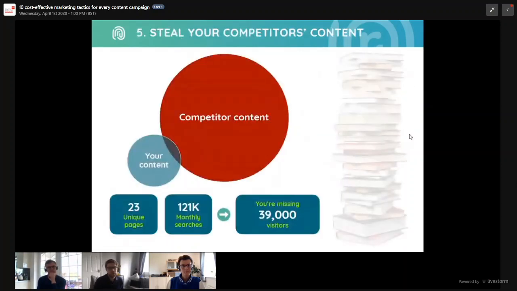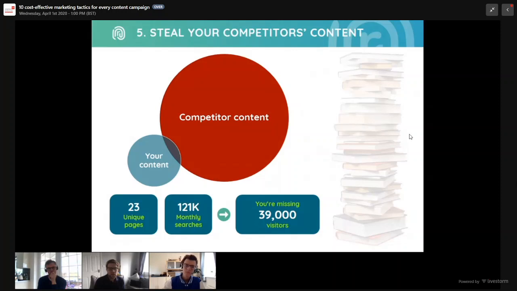And one of my other favorite strategies is to steal your competitors' content strategies. We do a content gap analysis regularly for our clients, where we would use a tool like SEMrush to look at what competitors in your market are particularly strong in a blog content sense. And then we look at what keywords they rank for that you don't, and are able to use that to produce a content strategy. And the numbers there at the bottom are a real example, I can't say who, but